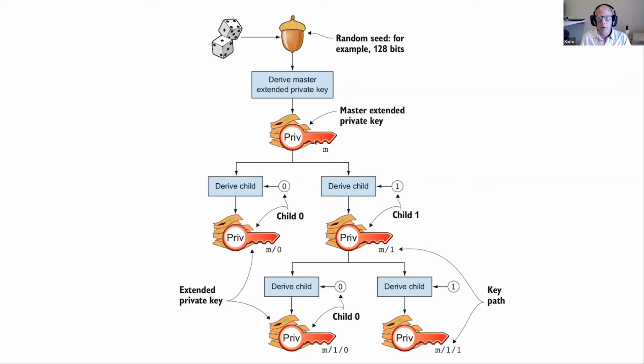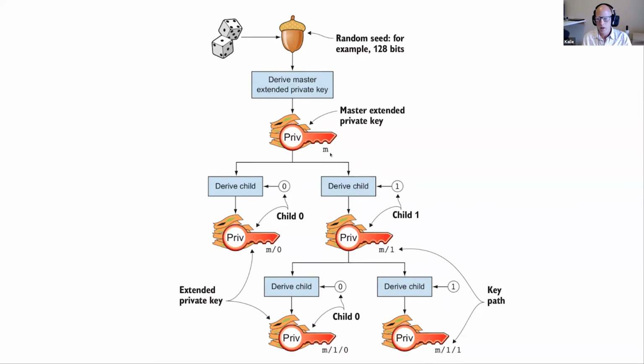So I denote them differently here because it's not just a key, it's a key combined with something called a chain code. I will show you that later. But for now, it's just regarded as a key. And from this private key, you can derive children of this master extended private key. As many levels as you want, and virtually as many children under each key as you want. And we denote the master with M,